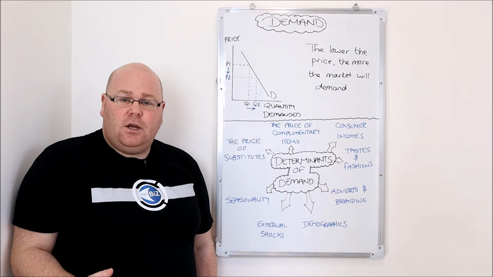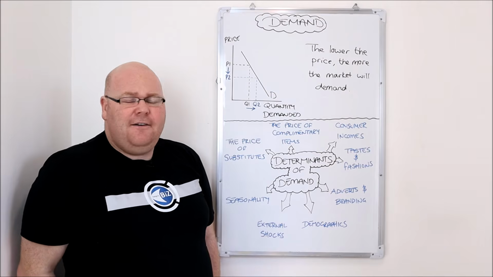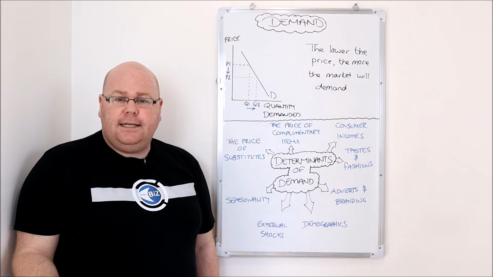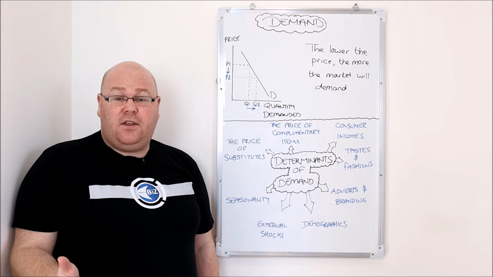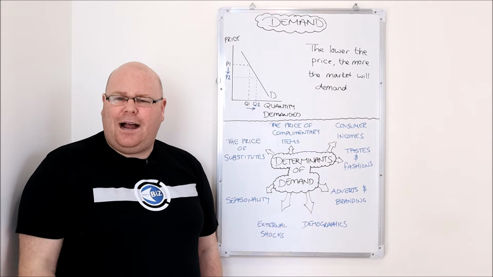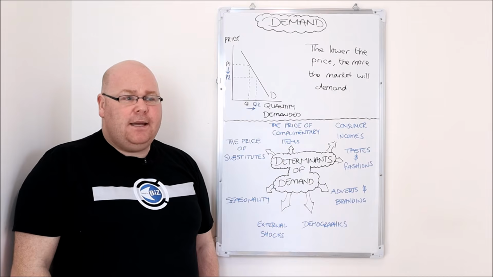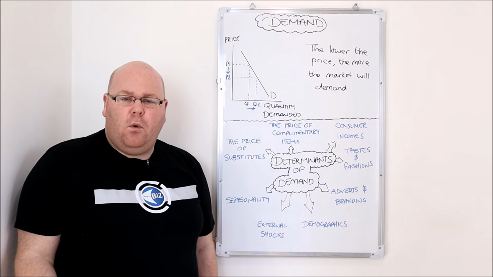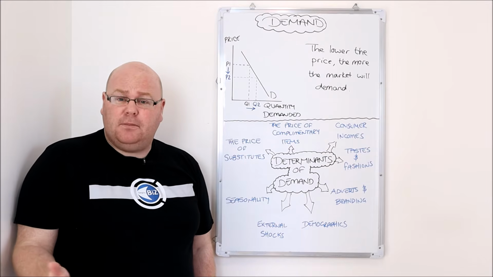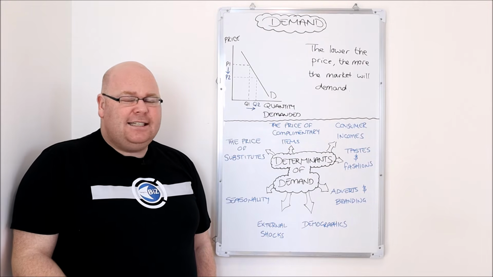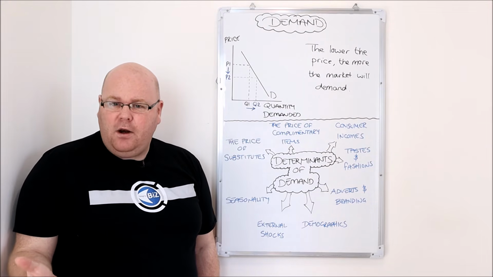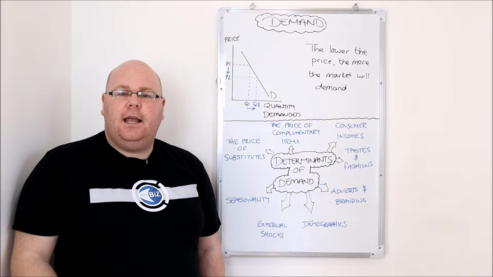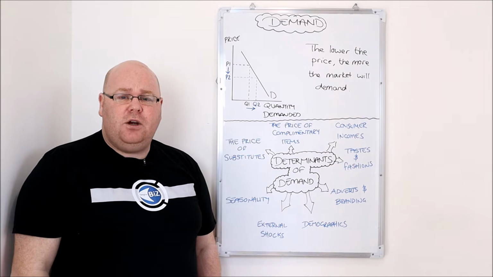As prices remain constant, we should remember that tastes and fashions are often changing as well. Certain things rise in popularity, whilst other things, particularly fads, go out of fashion. So it might be that even though prices remain constant, when something becomes more popular, when something becomes more fashionable, when society places a greater value on a particular good or service that might be in vogue or in trend, then demand for it can increase.